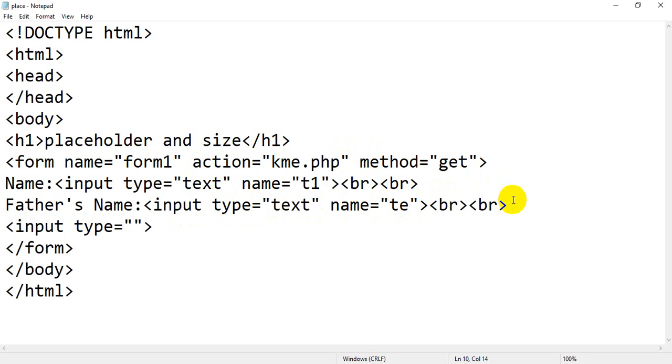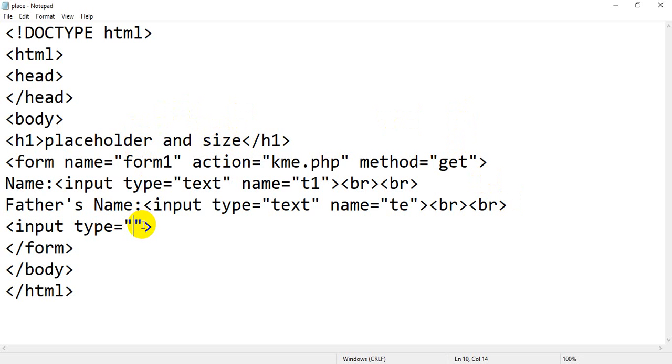Is there any question, any problem? We have repeated this a number of times. We have taken input type equal to text, we have taken input type equal to submit. Till now I'm not using any attribute like placeholder or size. We have done these things a number of times. Every time I write code from the start, because you learn from scratch. I can explain only this line, what a placeholder is, what size is, but every time I explain coding to you, I write from the start, so you will understand in a better way.